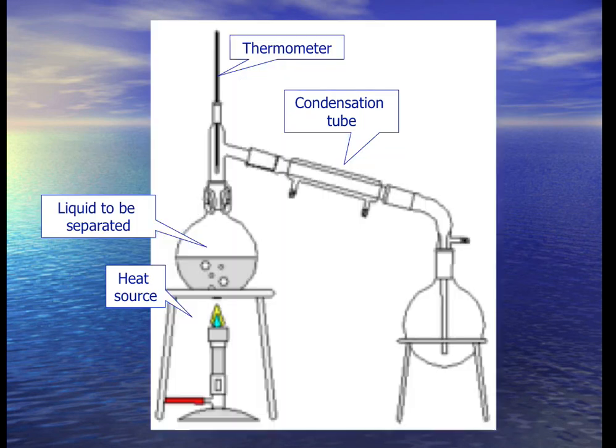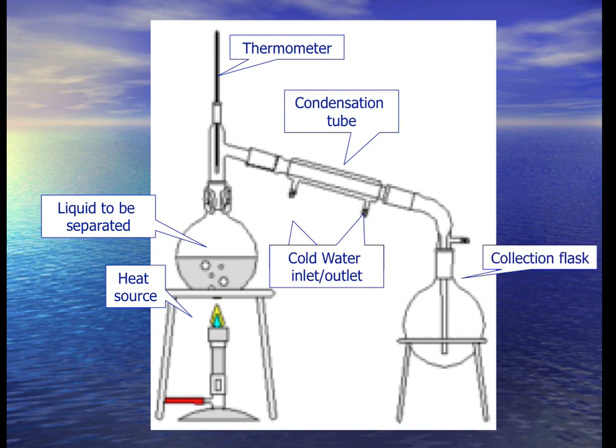And the picture is out of order here. So there is our distillation apparatus. You will see at the bottom we have a Bunsen burner in the bottom left, our heat source. And then there's a round bottom flask sitting over it. So there's our liquid that we want to separate. It's connected to a tube and a thermometer sticking out the top. You can see that it's labeled there.